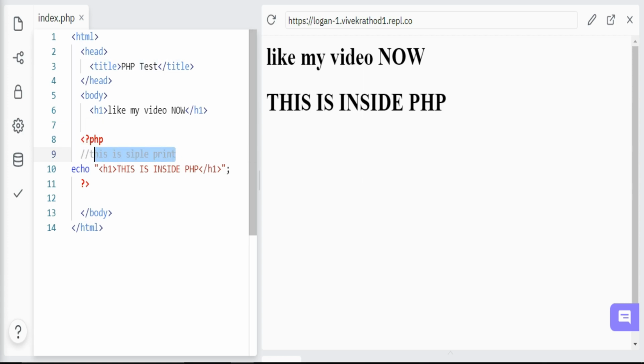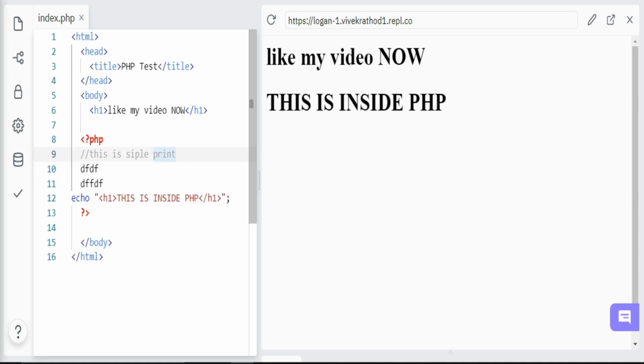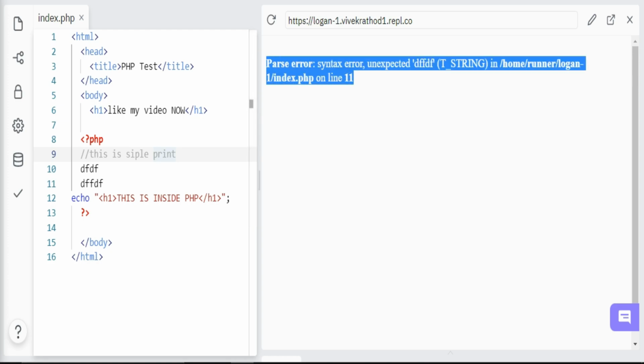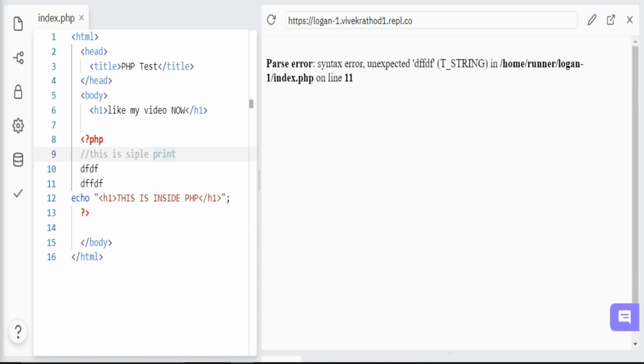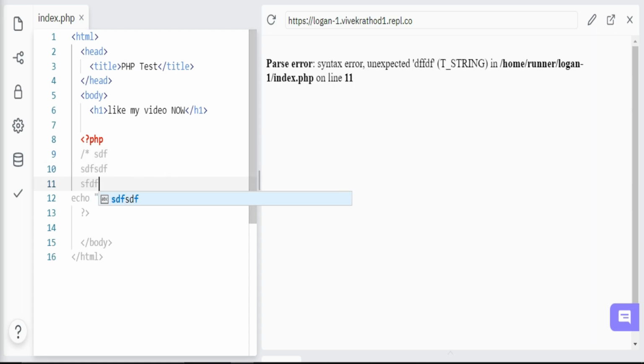But what if you want to create a multiple line comment? Because if I create a new line and write something, it will give me an error. As you can see, I got this error: parse error, syntax error, unexpected, whatever this text is. For that, you can create a multiple line comment, and simply write slash star. This is the starting point, and write whatever you want to write. So I'm going to write